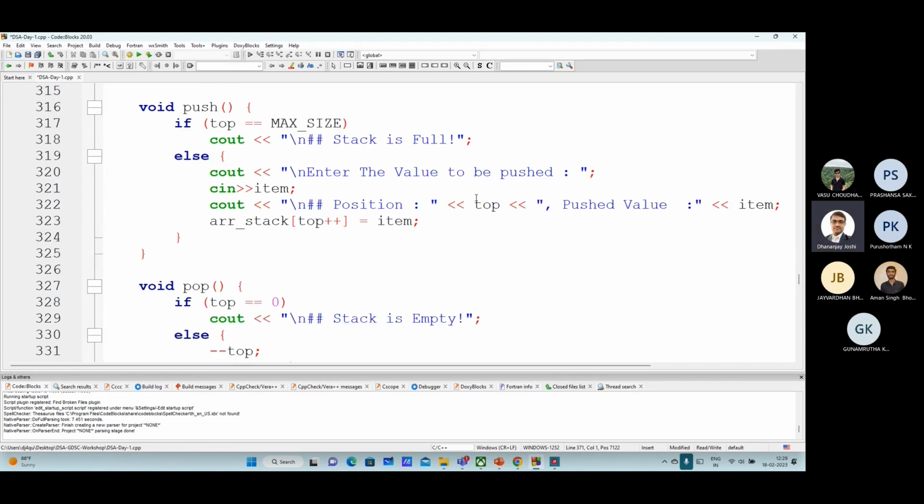Because while inserting, they are first assigning the element, then incrementing the value of top. We incremented the value of top first, then assigned the value. So this will work in effect in a similar fashion. We will compare top with the max size, that is the size of the array. And if it is equal to the size of the array, we will display a message that the stack is full. Otherwise, we will enter the element to be inserted, and we will increment the value of top and